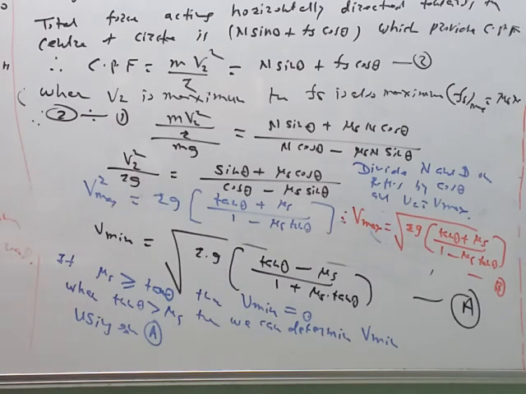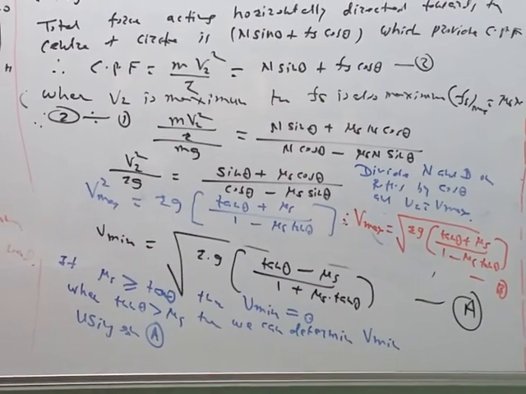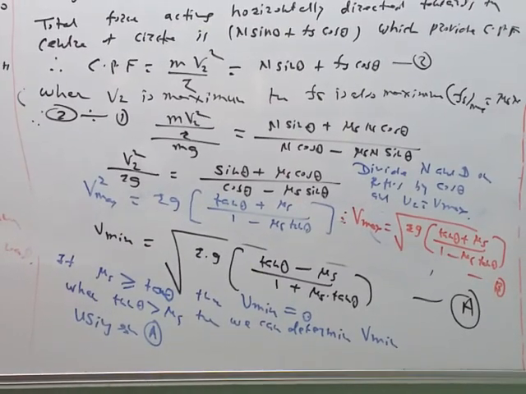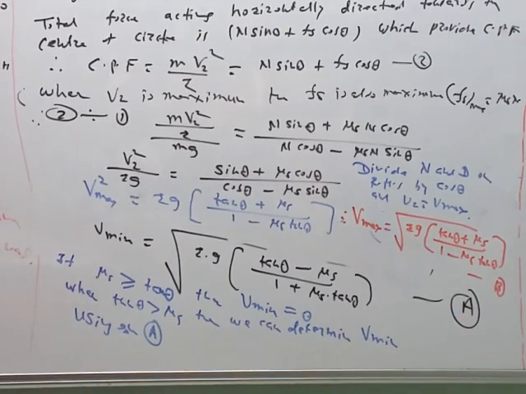Now we know both the expressions, the maximum speed limit given by equation B and the minimum speed limit given by equation A like this. For equation A, for the minimum speed limit, we have considered this special case. If mu s is more than or equal to tan theta, then this will become 0 or a negative factor. So V minimum will be equal to 0. Now what is the V max? The maximum limit we know is infinity, but we cannot drive the vehicle at infinite speed. So what is the actual maximum speed limit that we have to see?